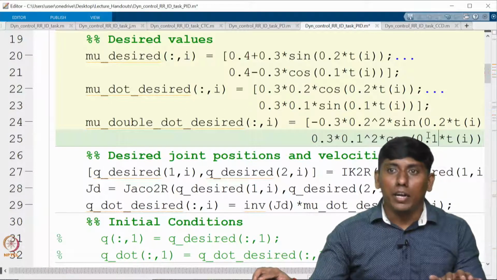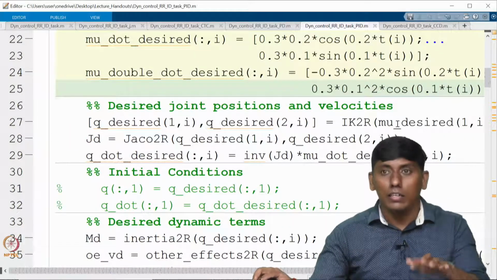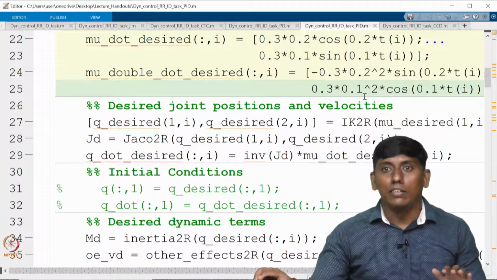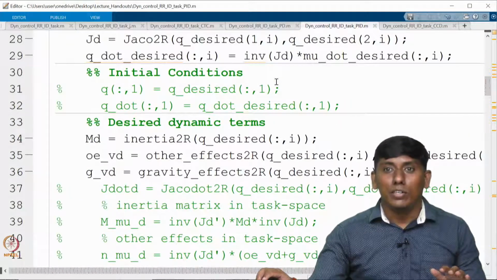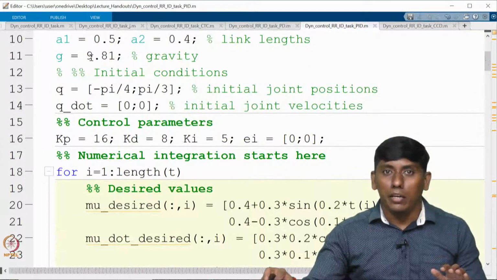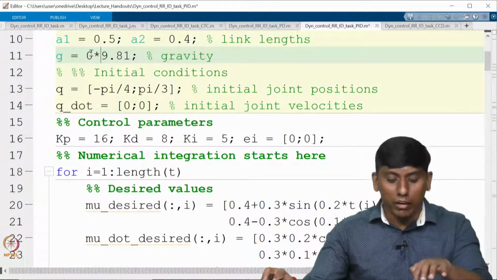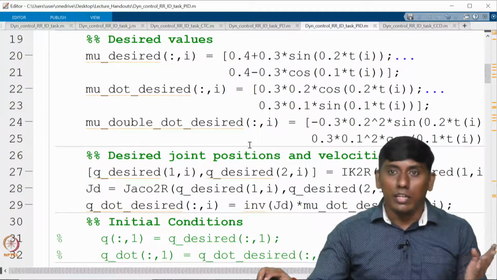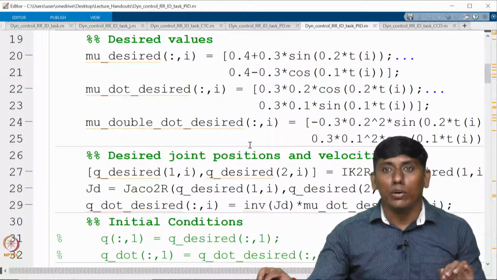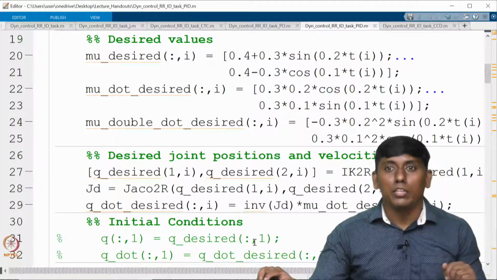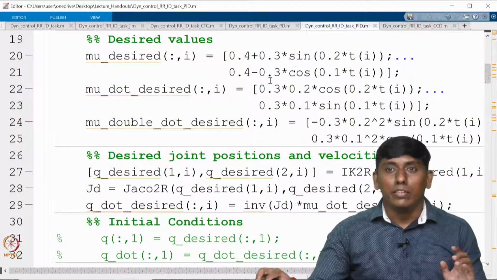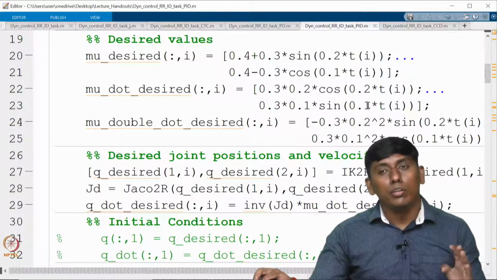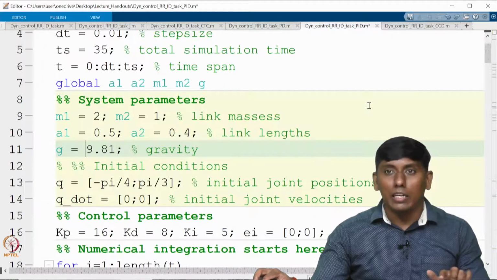In the sense I am trying to show a complex profile, which is a figure 8 kind of profile. I just want to show it is still not working because the gravity we compensated only 99%, right. For that I am just assuming the gravity is a negligible amount. Still that particular point does not converge, or the inverse kinematics is not happening, because this is very fast and the figure 8 profile is not making it completely. That is what is visible.